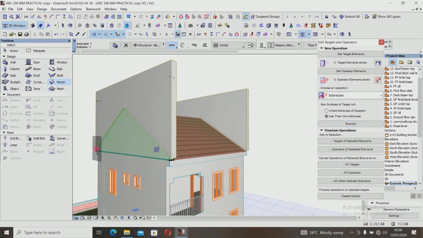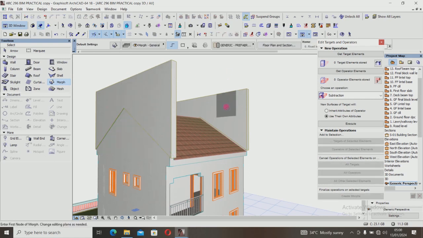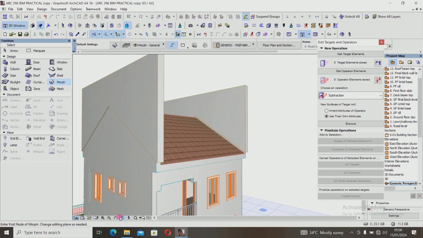You observe something here. This green area has just appeared, showing that you have trimmed it, but this wall will still be standing. That's done. Repeat the same thing on this side